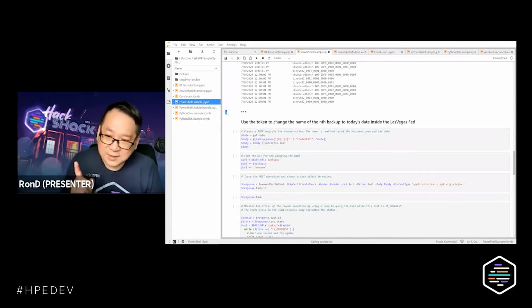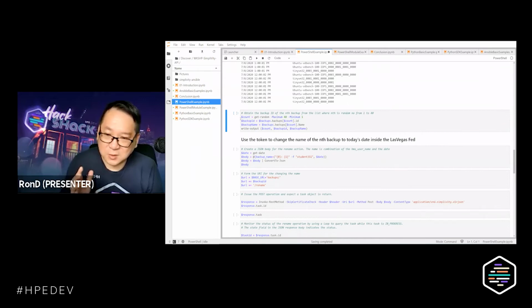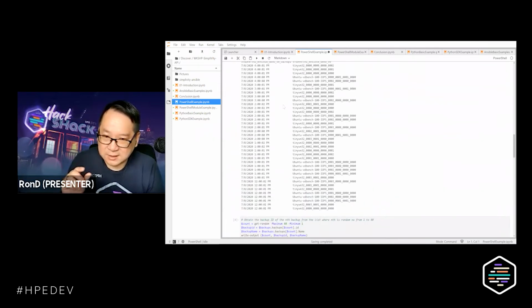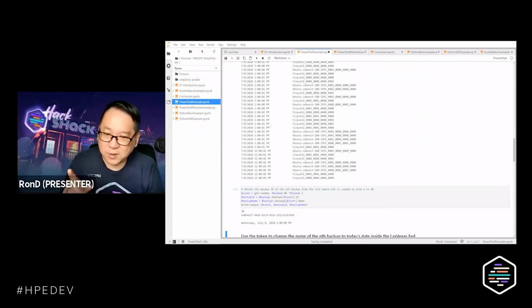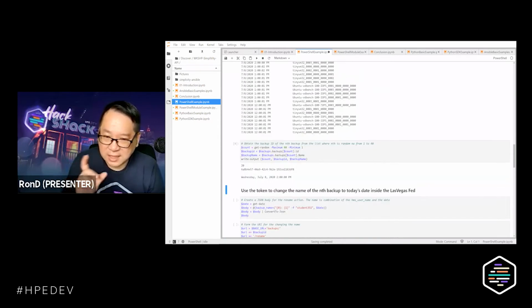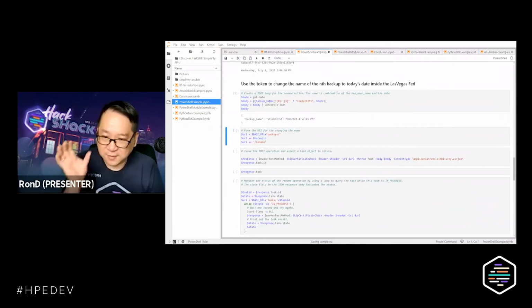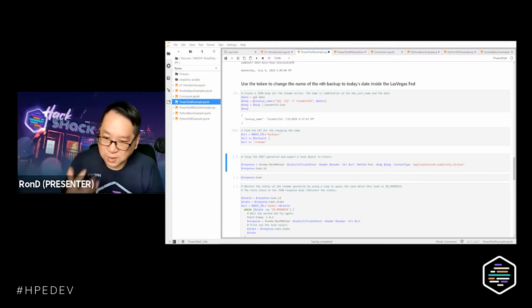Oops, I'm sorry. If you get to this point where you close the code, you can just click that three dots and then be able to open it up. And then we will modify or change, pick a random sequence, and then use that number to identify the name of the backup. And then we're going to change it to the day's date. What we will do is use the same token that we obtained from the authentication, and then create the string on the URL for us to be able to do the changing of the name, and then execute the POST operation.